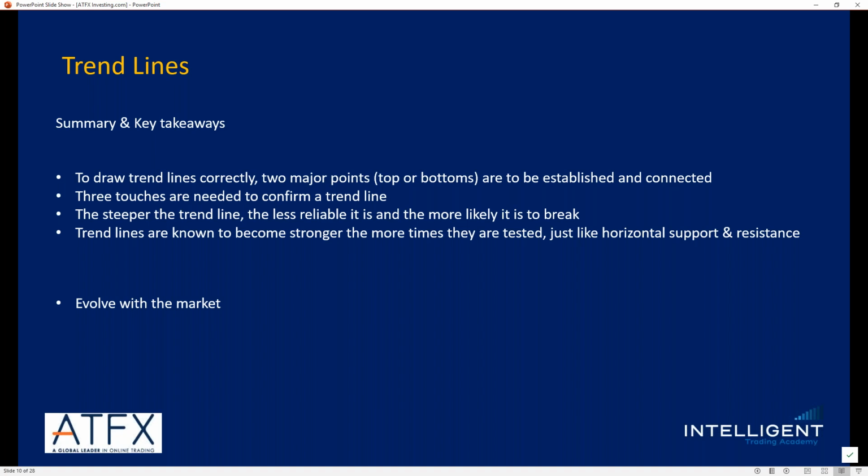Now, if it breaks, it doesn't necessarily mean that we're seeing a trend reversal, be it bullish or bearish, or a change in market cycle. Subject to the characteristics of the currency pair, it could be breaking that trend line to create a deeper correction, such as a bullish continuation pattern or a bearish continuation pattern, and then continue in the direction that it originally came from. I.e., if it was a bullish move and then it corrected and broke through an ascending trend line support, and it's just created a deeper correction and it breaks to the upside, then of course we should see momentum kicking in and continuing to the upside, as we've seen in gold.